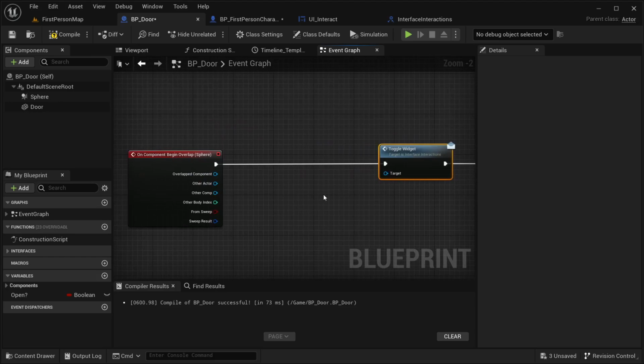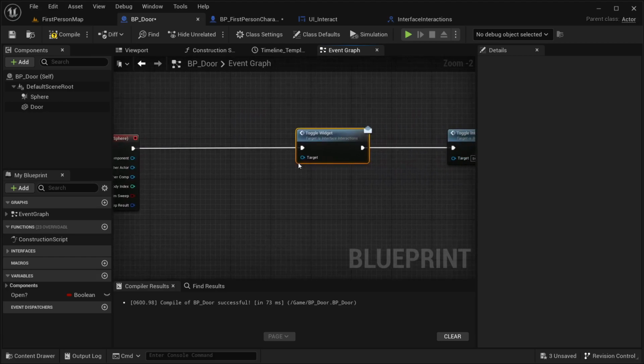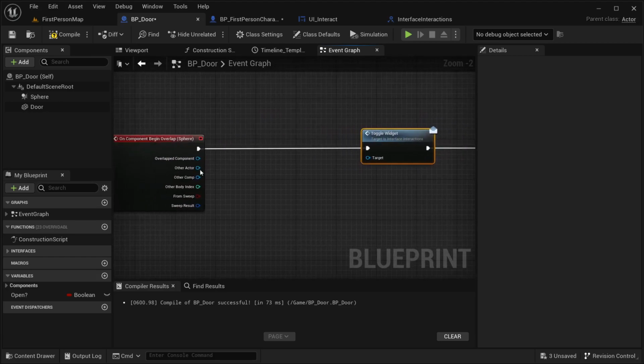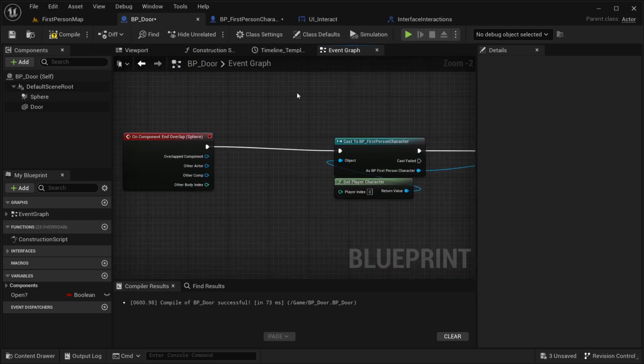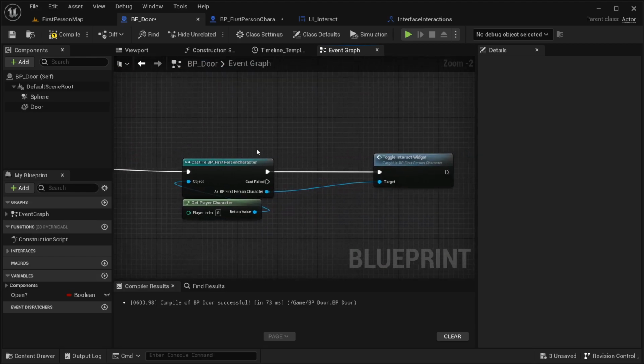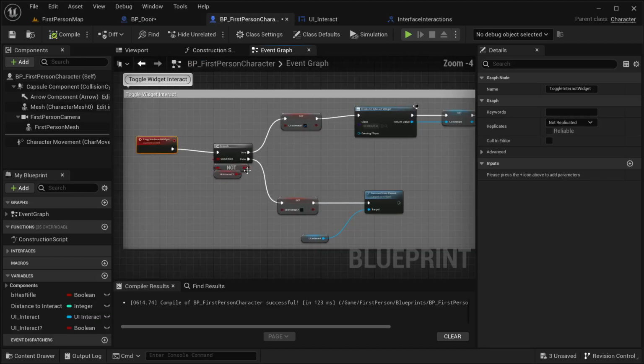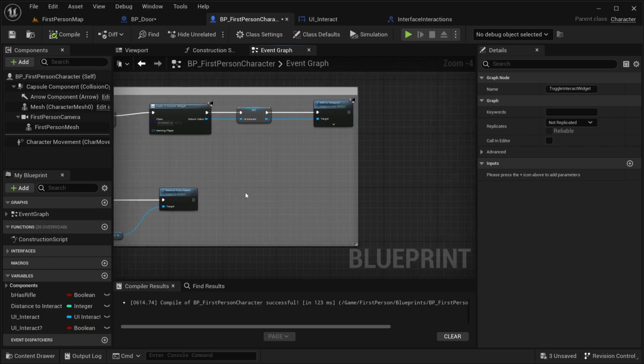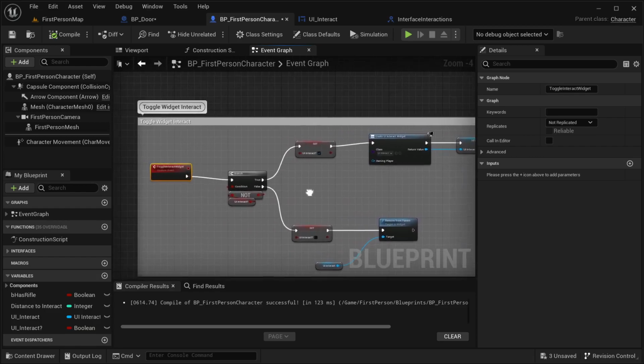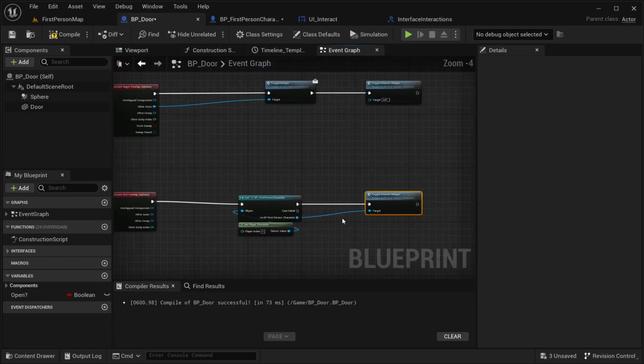Just like that. I still need to get a reference for our toggle widget. For that, I'm going to get the other actor and place it over here. And the same thing goes over here. This is for end overlap, but it's the same event. It's going to change between showing that widget, but it's basically the same event, so I'm going to just be